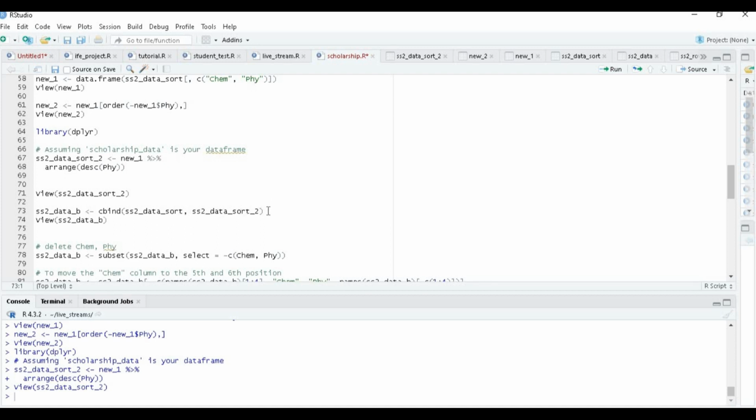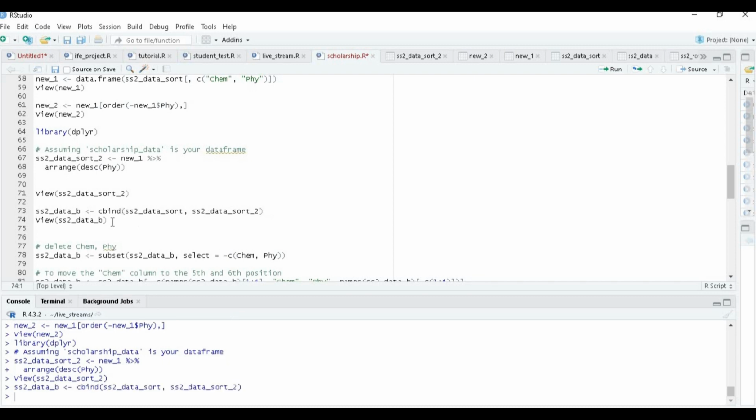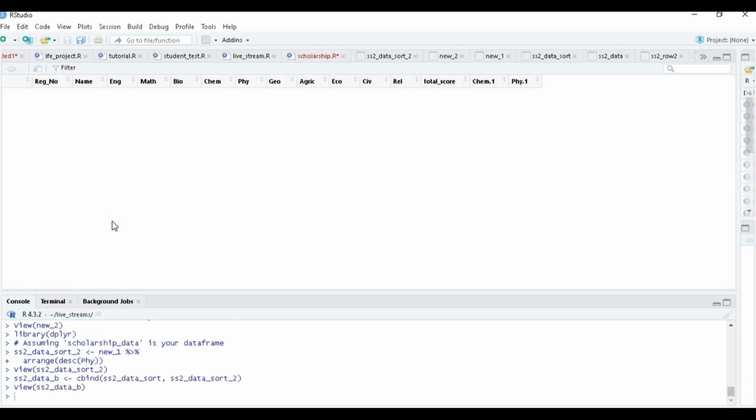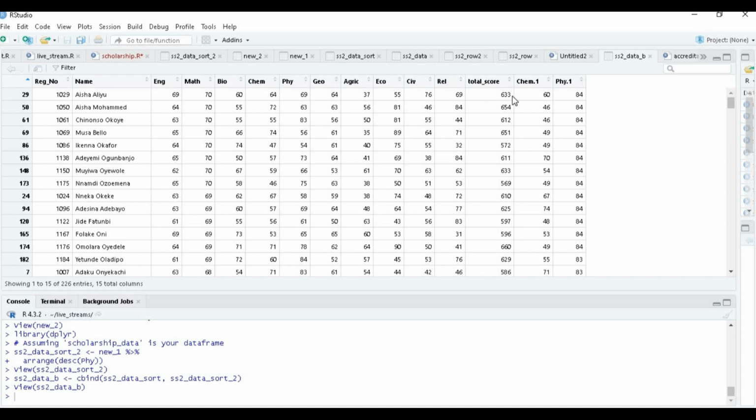Okay, so when we run this, we now have the new SS2 sort B, which is now this. Now you will notice that we're having chemistry physics here and also chemistry physics here, and we're interested in this physics but not this one, and we are interested in this chemistry and not necessarily this one. So we're going to remove those from the